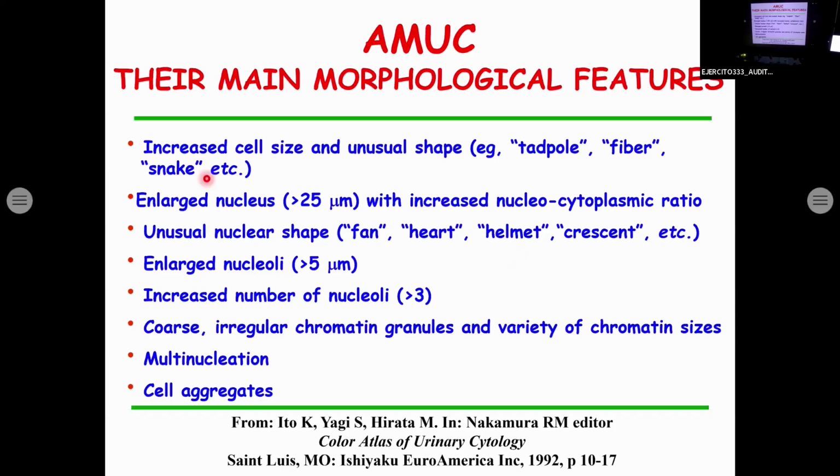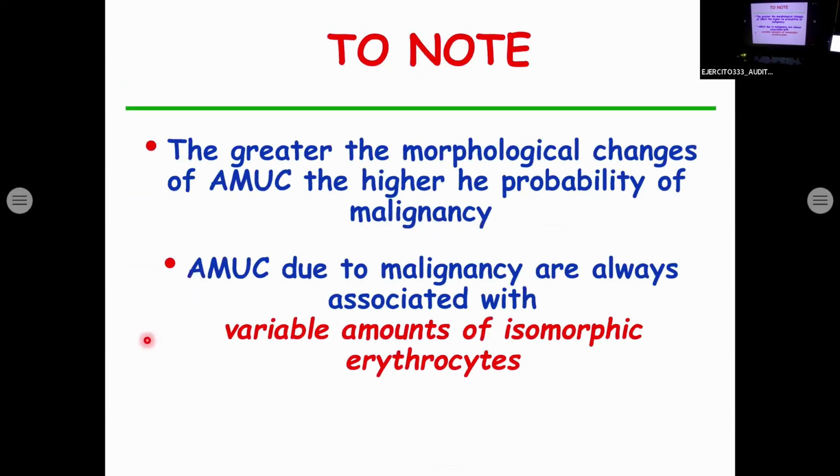And or enlarged nuclei, more than 5 micrometers, and or increased number of nuclei, more than 3, and or coarse irregular chromatin granules and variety of chromatin sizes, and or multinucleation, and or cell aggregates. So to show all these possible images, I will,